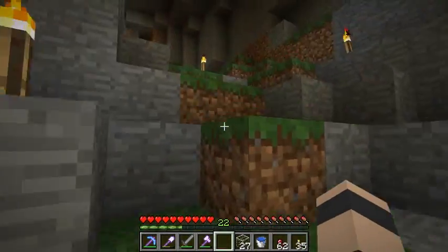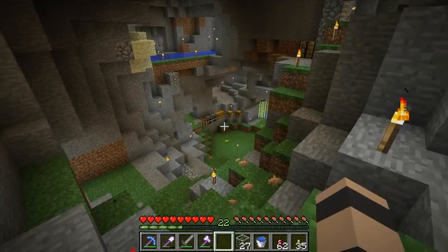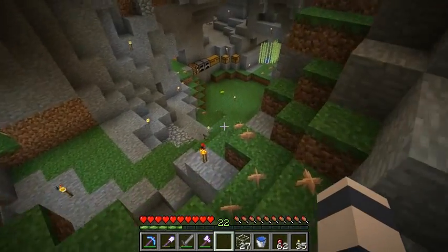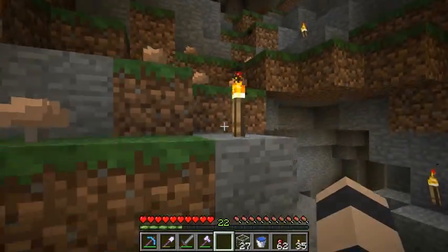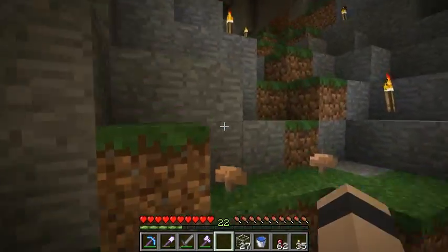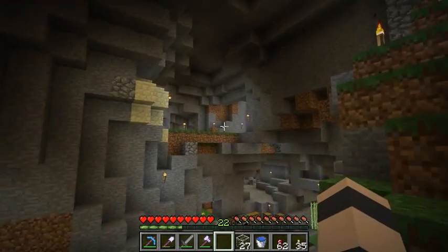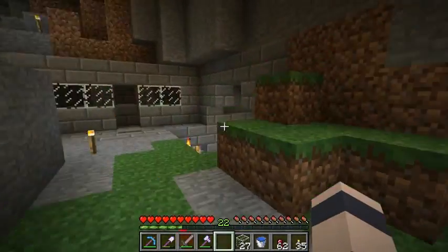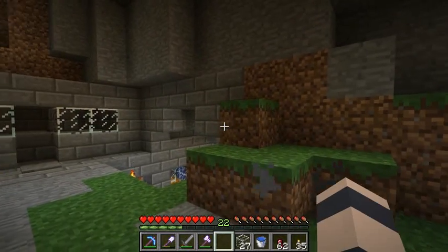Something I've been meaning to do is polish up the cave area a bit, because the way it is right now it's not very nice. We need stairs. I'm jumping around all over the place, random blocks everywhere. Got to make it look better. So I sort of started working on that over around this corner here, and